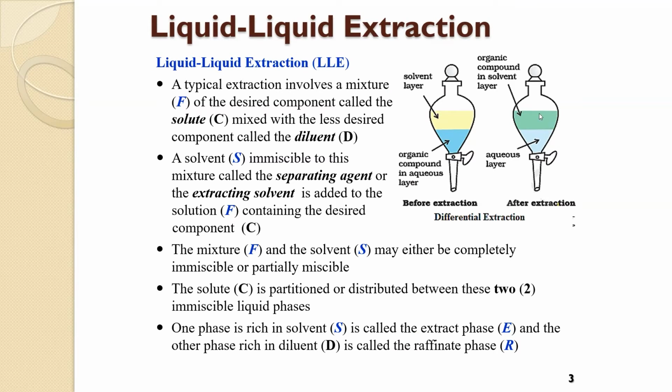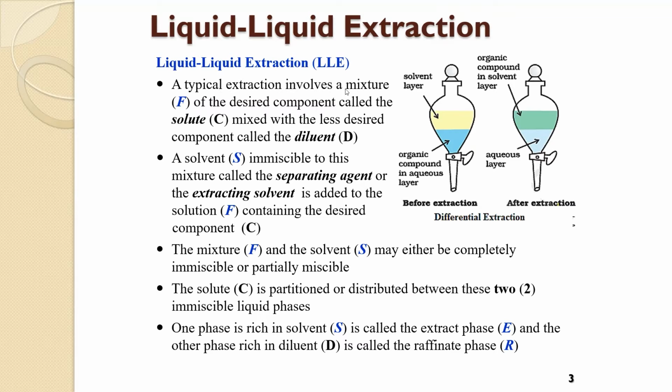Typically, the one that's left on top is the desired mixture. And after this, of course, we get the upper layer, and if it's an organic compound in the solvent, we can basically just evaporate or heat that to remove the solvent. And you already have the organic compounds. So here, let's go to the steps.